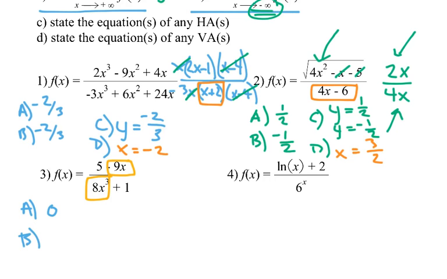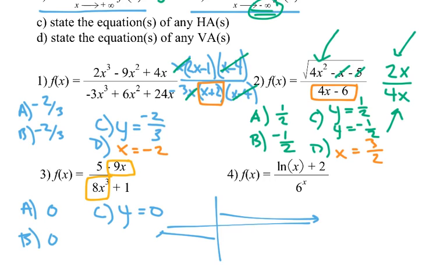The answer to B is 0. The answer to C is y equals 0. And if you graph that, you're going to see what's happening there. We should be approaching 0 as we approach positive and negative infinity. And then D,